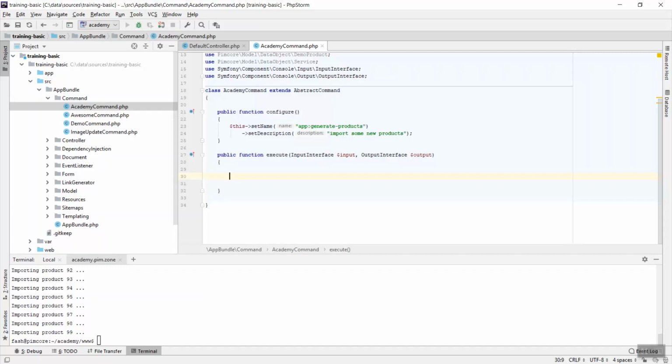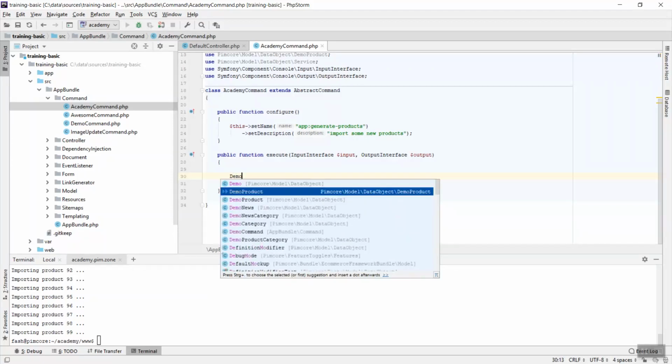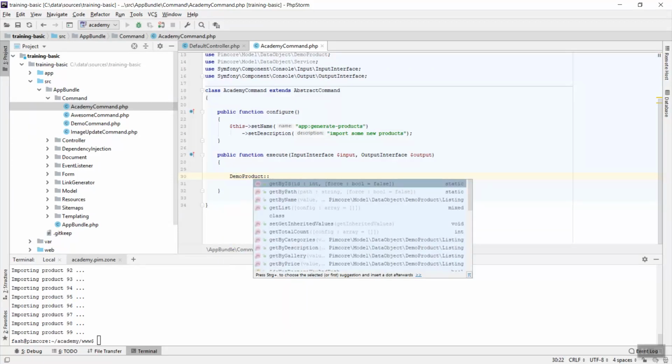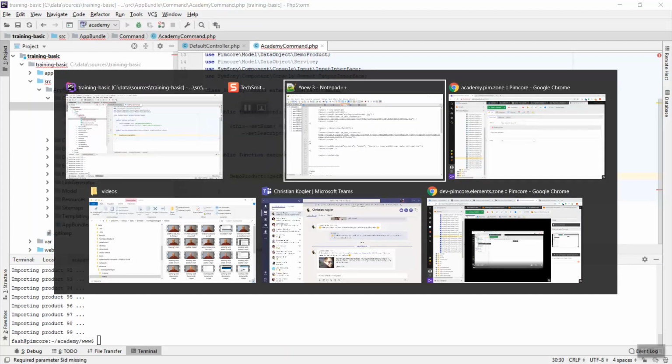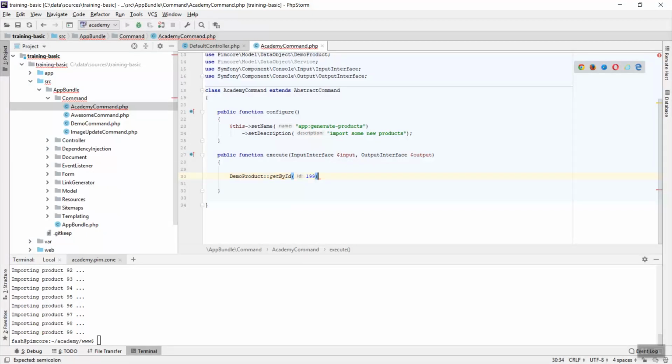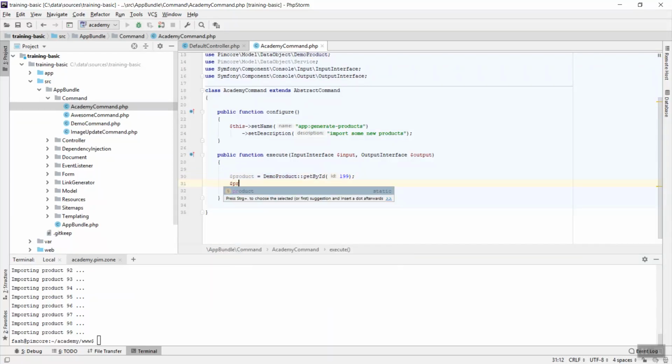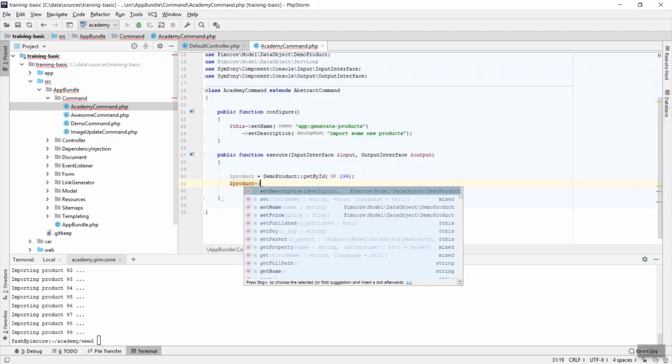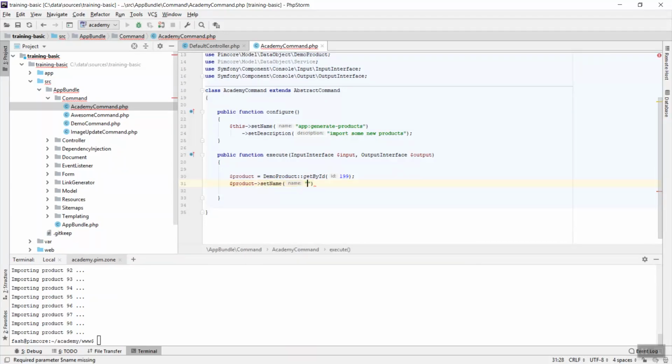First of all, there are several static helpers like get by ID or get by path or get by some attributes of the data object, and then load the data object. Let's just use quickly get by ID and use the ID from an existing product here and say this is our product. And then of course I can again set some attributes